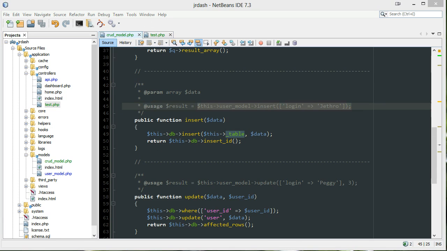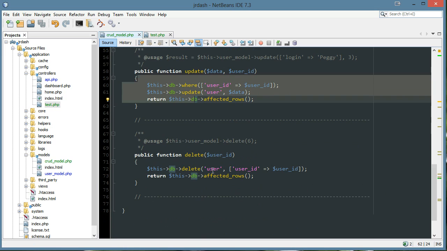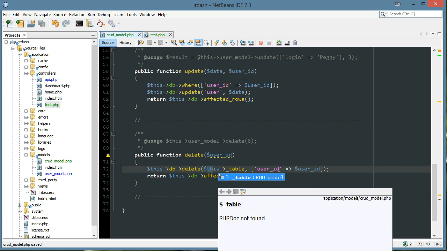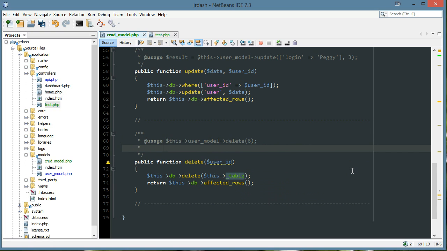That one's quite easy. Another one that's fairly easy will be delete. Update we'll come back to. So to delete, first of all, we're going to always delete from the table, this underscore table. And we can actually get rid of that. So there's a couple things we want to think about here. Usage, whoops. The usage of this, we're also going to want to say this, whatever the model name is, delete